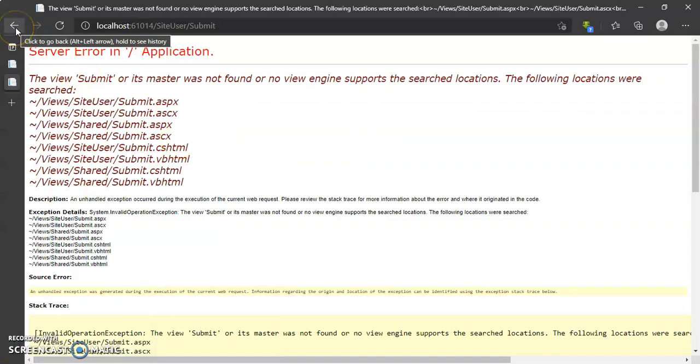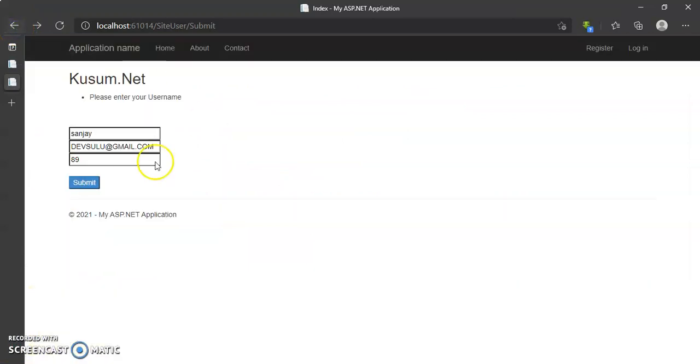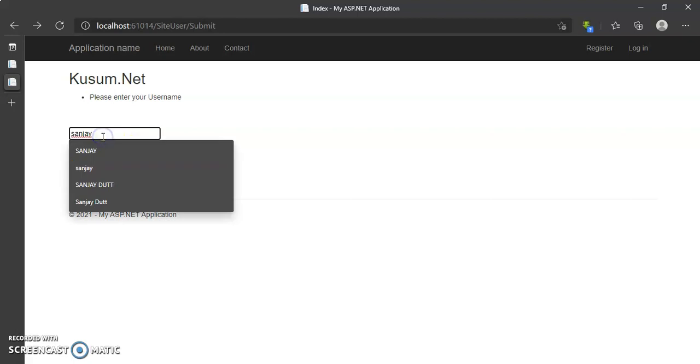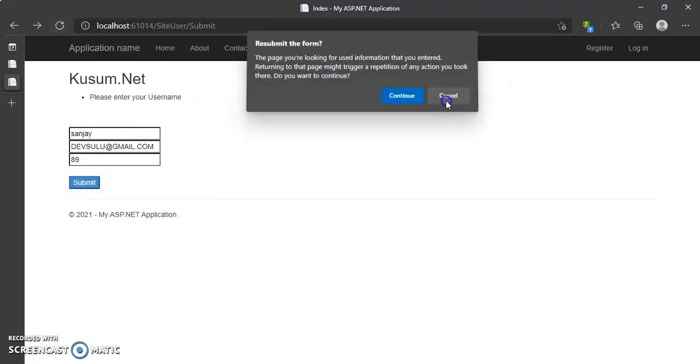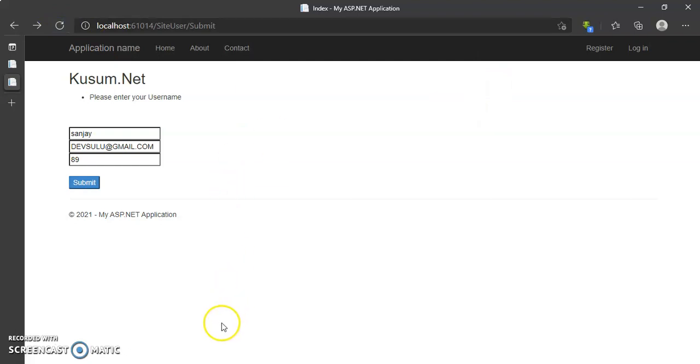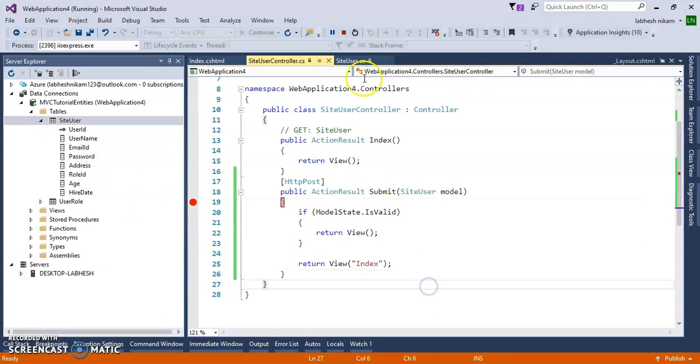For username there is some problem. It says enter your username, but I have added the username. Let's do this again and check what happened.